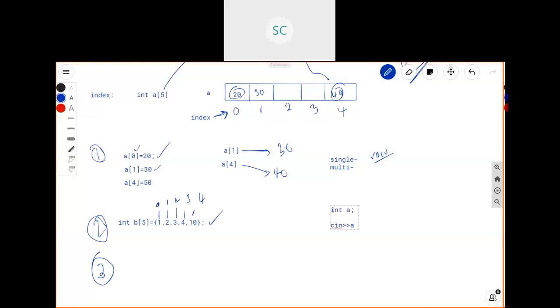In the same way, in arrays also you can get the data from the user. For that you need to use one for loop. Since the index value starts from 0, you make i equals 0, and i less than, not less than or equals to, just less than the size of that array, then i plus plus.